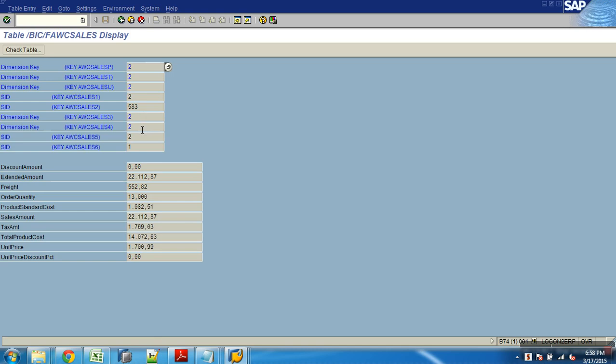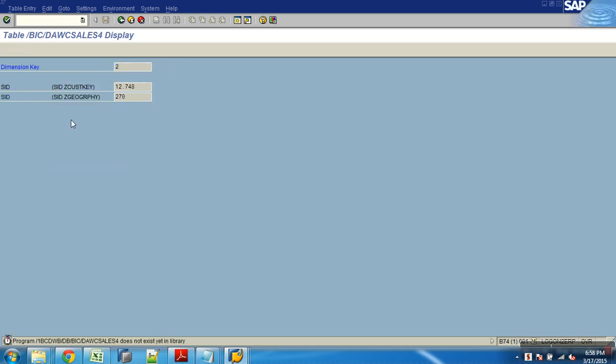Let's catch hold of the fourth dimension, which makes sense. Now the dimension 4 indicates customer key is 12,748, geographic key is 270. Now how do I understand what 270 is? If I go to the SID table of the customer key, I understand this here. Let me open this.